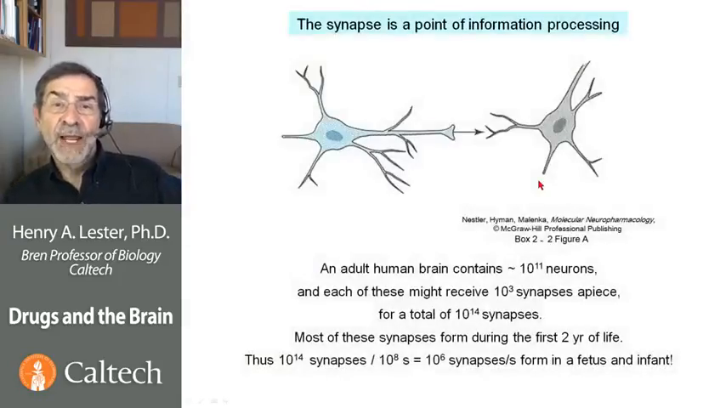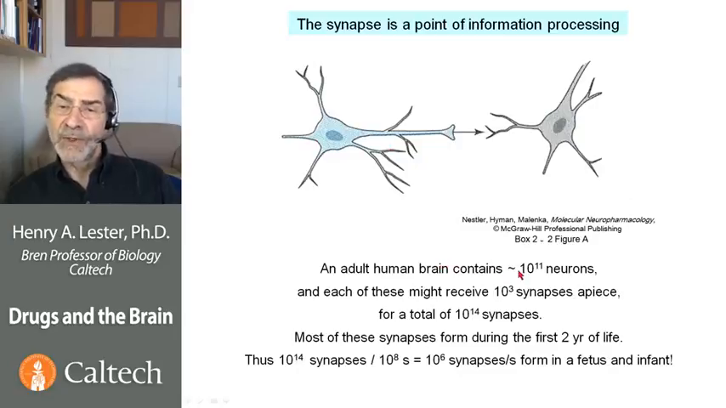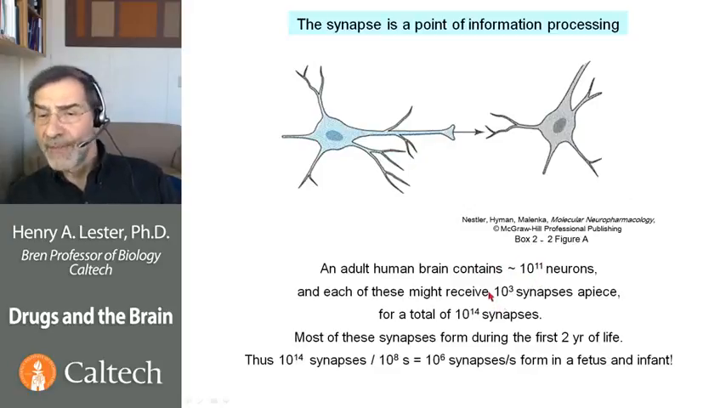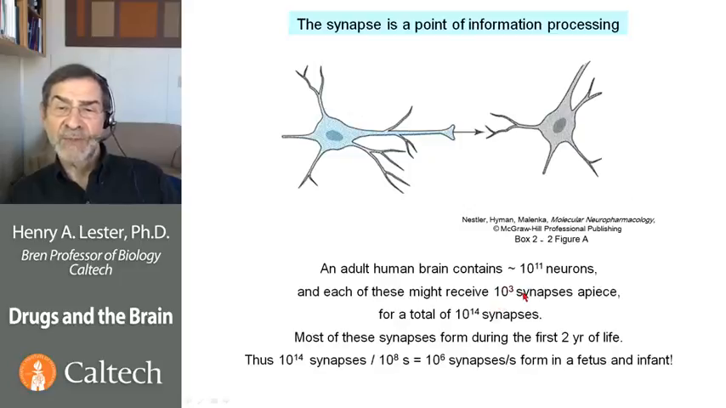Next, we bore down into the very most important organelle, the very most important contact between 2 nerve cells, 2 neurons, the synapse. An adult human brain contains nearly 100 billion neurons, roughly 10 to the 11th of them, and each of these might receive or make 10 to the 3rd synapses apiece, 1,000 synapses. So we multiply 10 to the 11th times 10 to the 3rd, and we conclude that a brain has 10